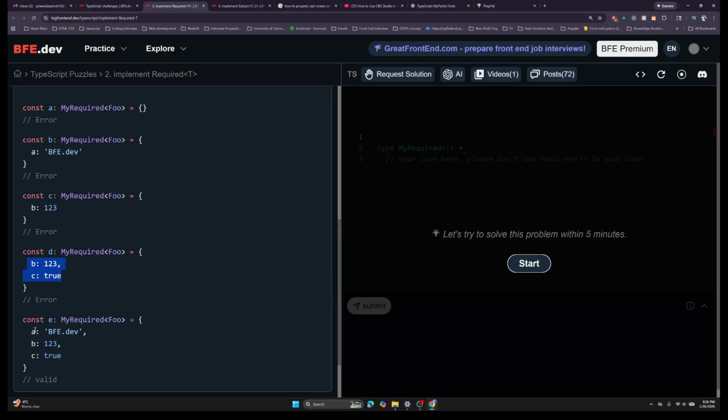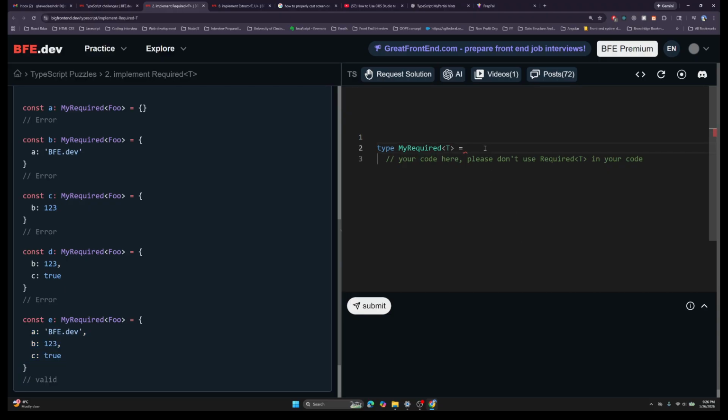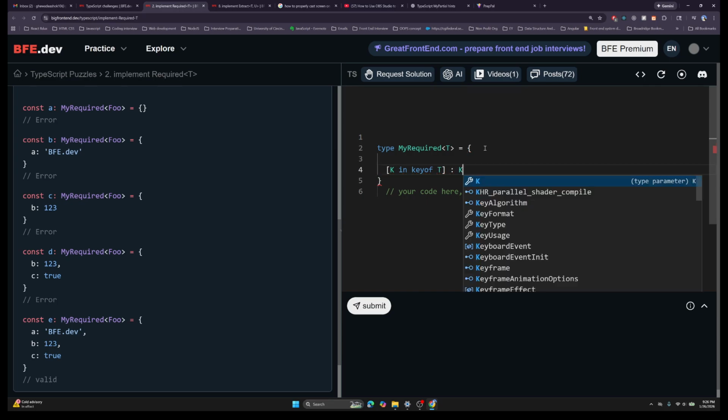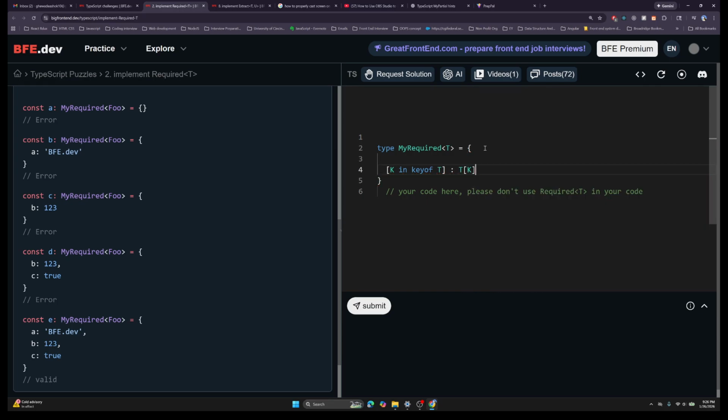Partial will not work. All three should be there. So should I just remove the question mark? So k in key of t is equal, sorry,